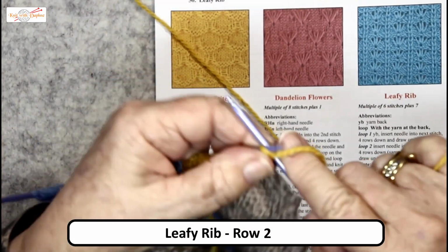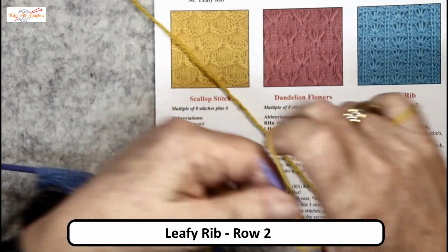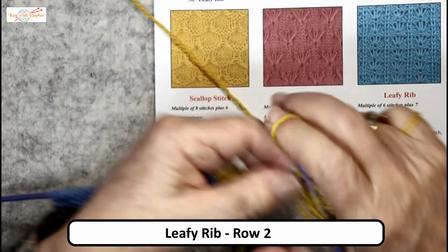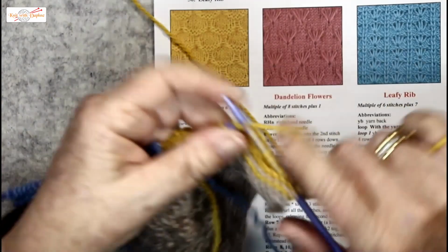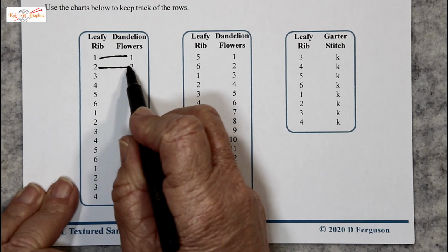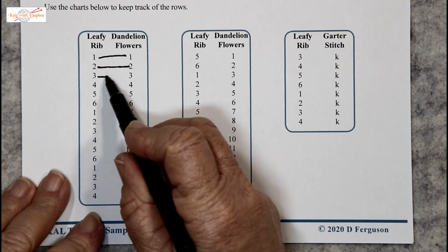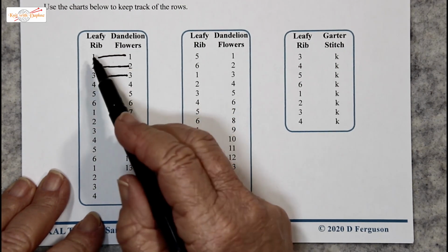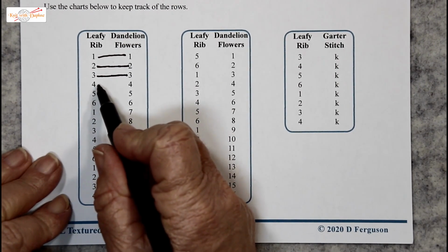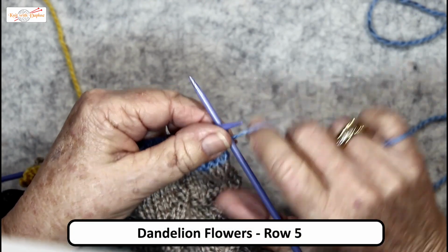Purl 1, knit 5, purl 1. That's that one we slipped. Knit 5 to the end. Just marking that I have now completed row 2 of leafy rib and row 2 of dandelion flowers. Row 3 for leafy rib and dandelion flowers are exactly the same as row 1 for each pattern. Row 4 is the same as row 2. Row 5 of dandelion flowers. Knit 3,